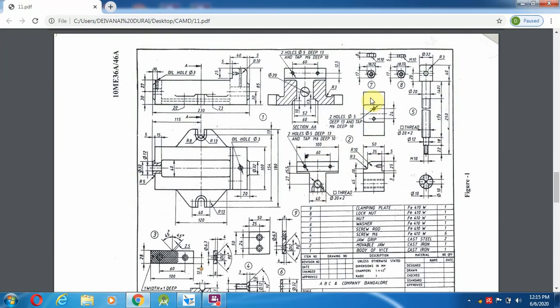It's not possible because the depth starts from somewhere, and this starts from somewhere else. So we are going to start with the front view. Then from this we are going to make the remaining, like adding the material and removing the material. Those we have to make over here.